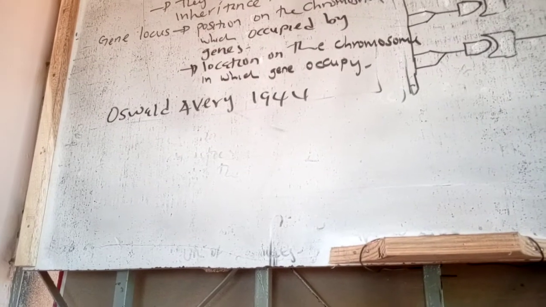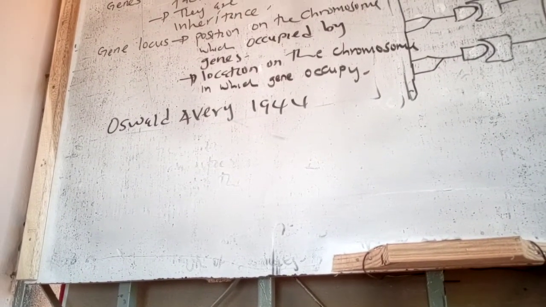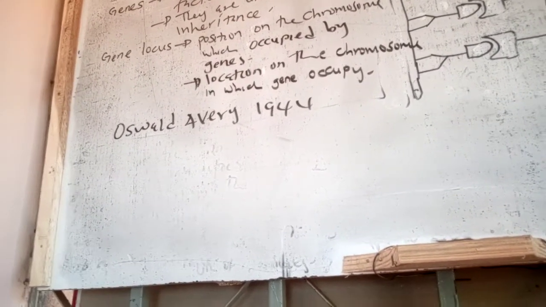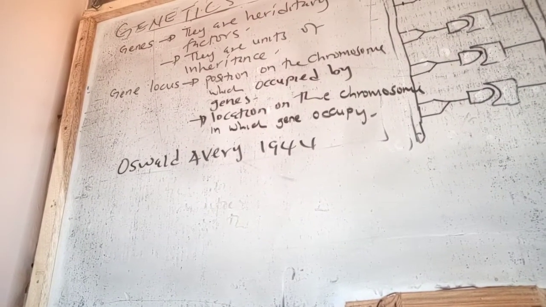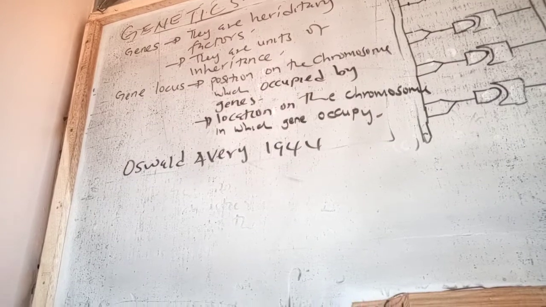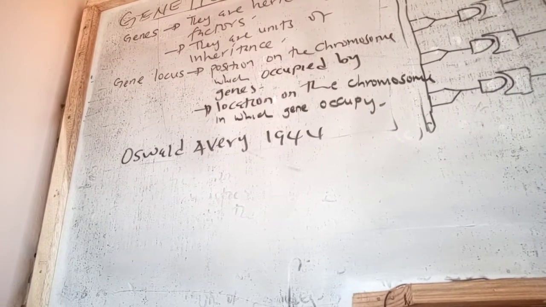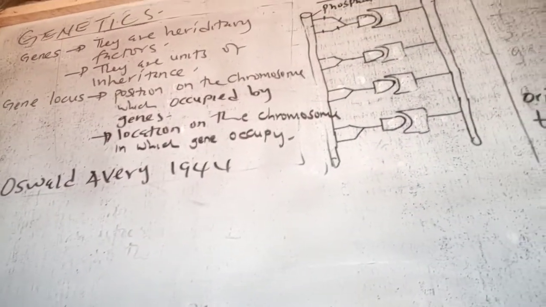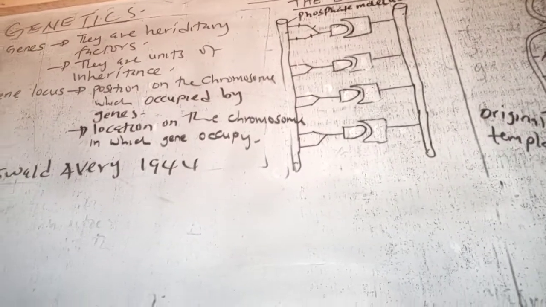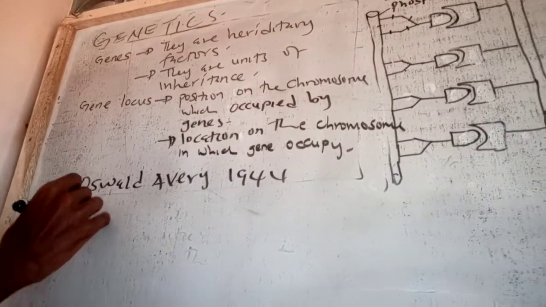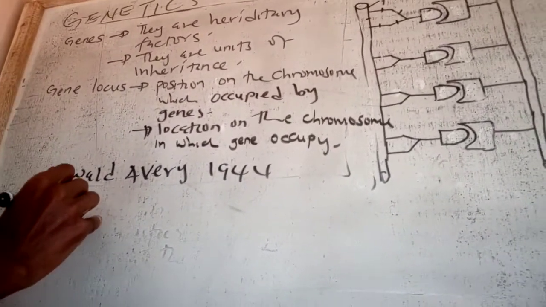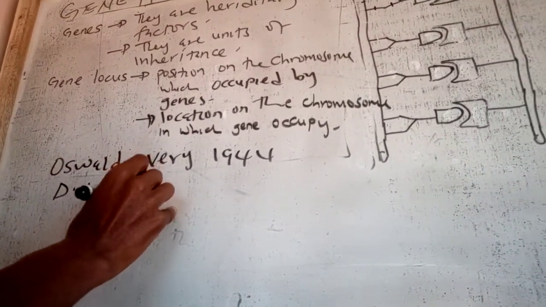He established that genes exist in the form of a nucleic acid molecule called DNA. Therefore, according to Oswald Avery, in 1944, he established that a gene exists in the form of a nucleic acid molecule called DNA. And DNA is the acronym of